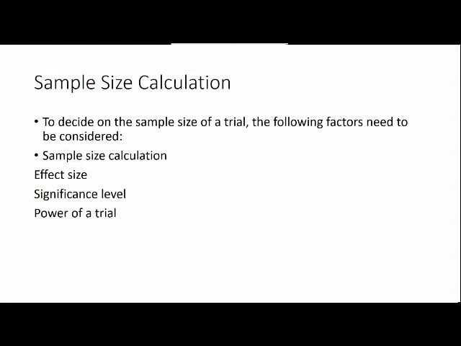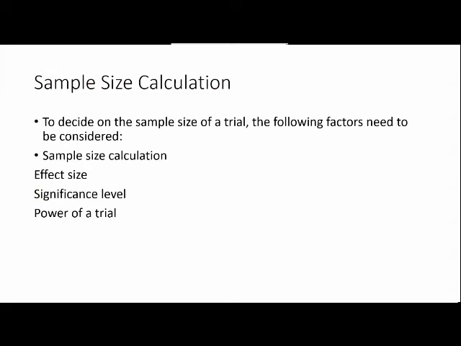if we take weight, if we are calculating between 45 and 100 kg patients, there is a long gap. But if it is 80 to 100 kg, the effect size is decreased, and we have a good sample calculation, meaning we can take a smaller sample. And if it is between 45 and 100 kg of children, if we take a population, we need a large number of population, and the standard deviation will be more.